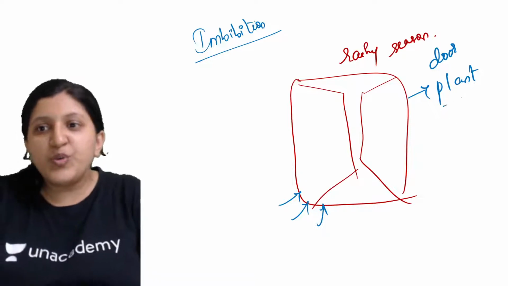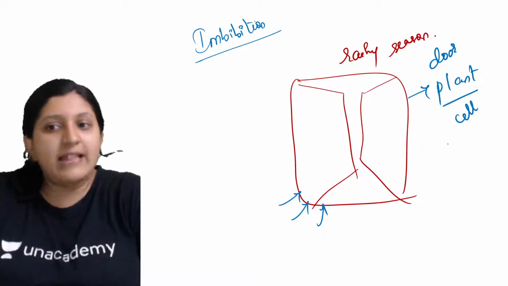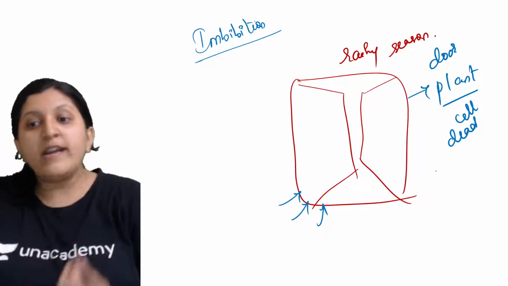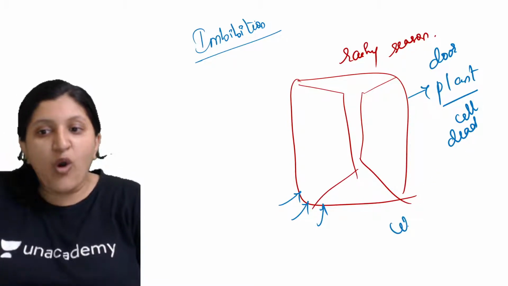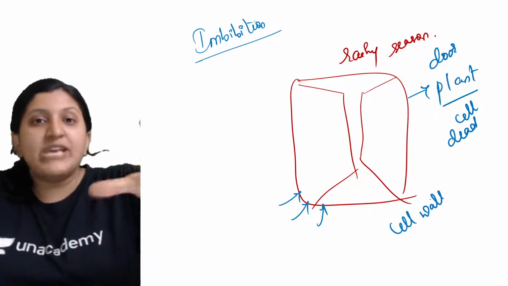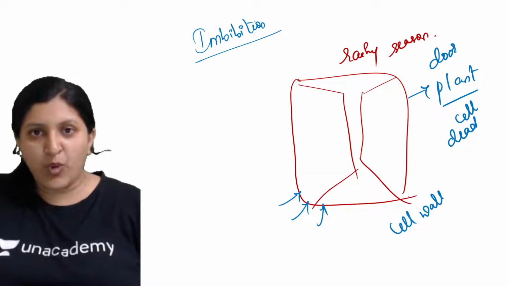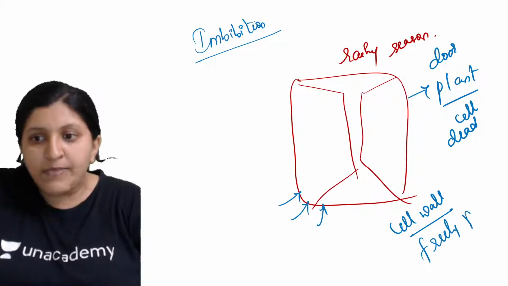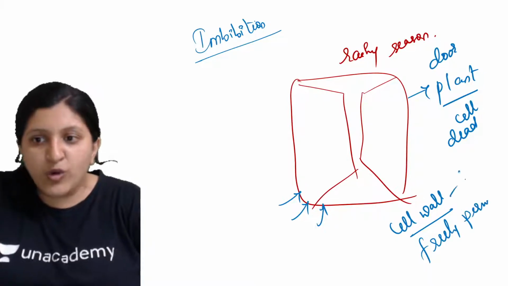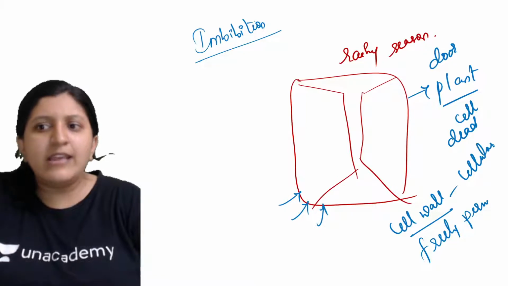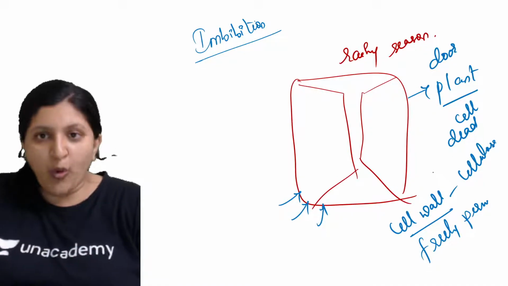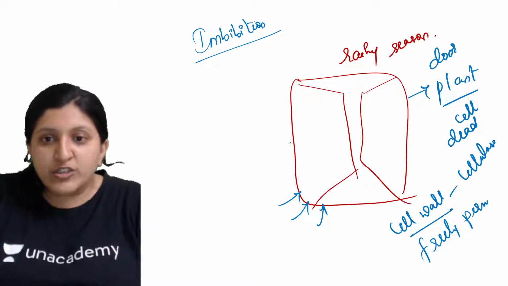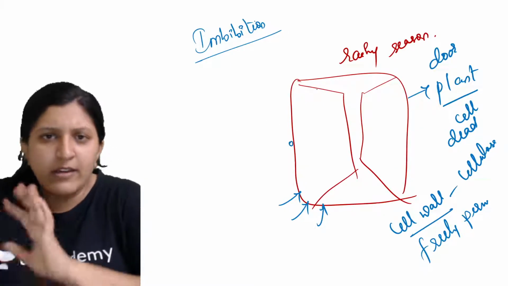In that case, you can see the plant cell, the dead plant cell, taking in water through the cell wall, which has the capacity to hold more and more water. The cell wall is freely permeable, because of the cellulose which is there. You might have an idea that cellulose absorbs water. Okay, so in that case, due to the surface attraction,